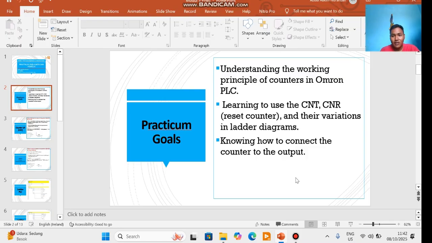Omron is a brand of PLC. Second, learning to use the CNT and CNTR or reversible counter and their variations in ladder diagram. And last, knowing how to connect the counter to the output.